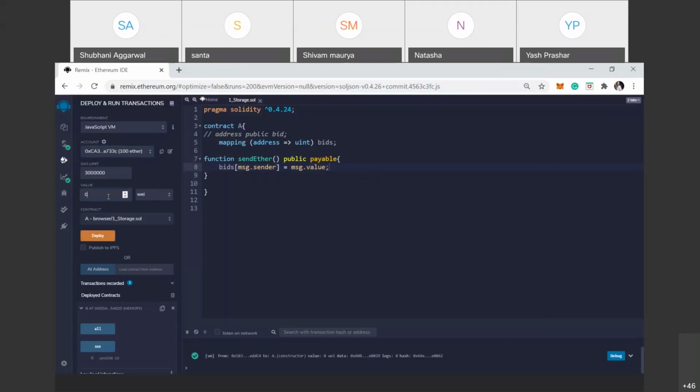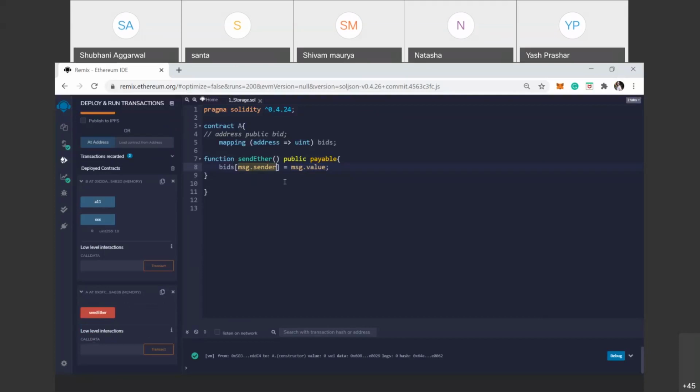And how much amount you want to send, suppose 10 ether, this represents the value. The sender is the account, so we give input in the form of account. We give input from the address and we give output in the form of value.